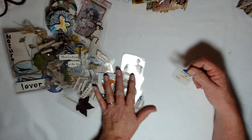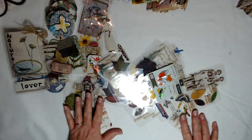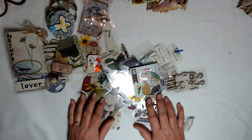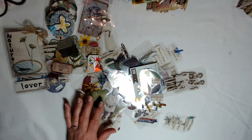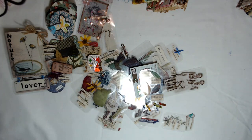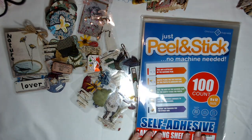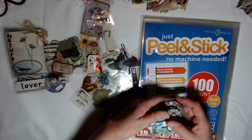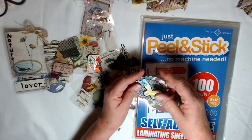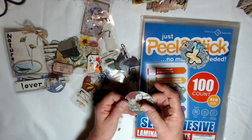So anyway, yes, I've made a bunch of these lately, but they're so much fun. And I encourage you to get you some laminating sheets. You can even get them at Dollar Tree. You'd get a better deal if you get the big pack from Amazon like this. But anywho, give it a try. It is fun. Try these little guys. You can make as many layers, many pages in there and do anything in the world. Try out the little spinners. They're so much fun. I love